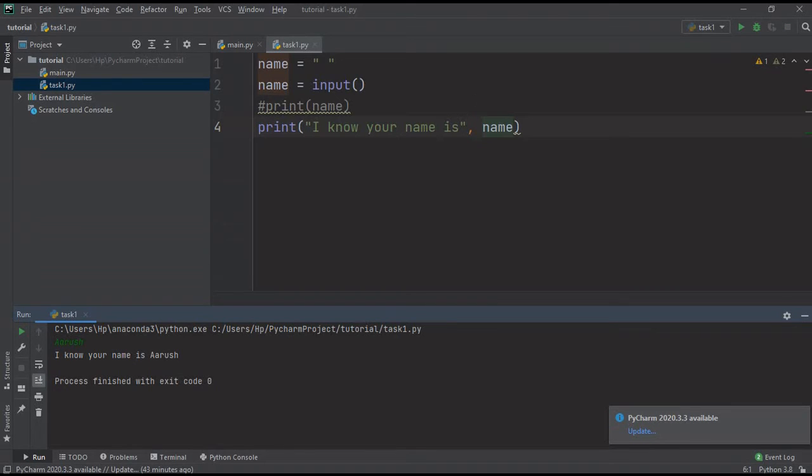Okay. So in this print statement, I have included both the string variable as well as a string constant.